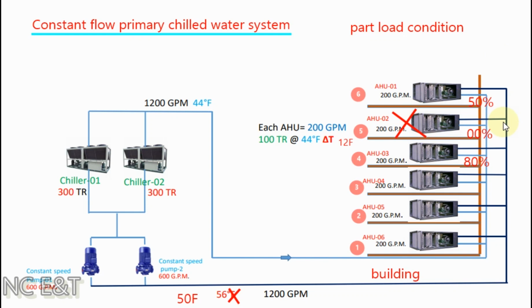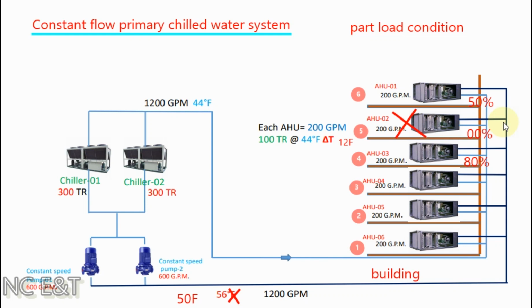So the three-way valve will send 80% of chill water to the AHU, and this water will enter the AHU at 44 degree Fahrenheit and come out from the AHU at 56 degree Fahrenheit and pass to the return line. But the remaining 20% will pass to the return line at the same temperature that is coming from the chiller,